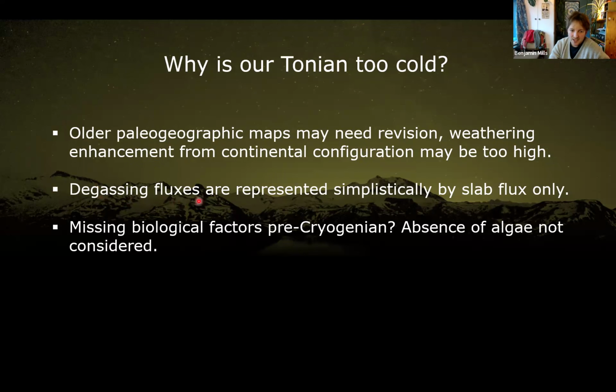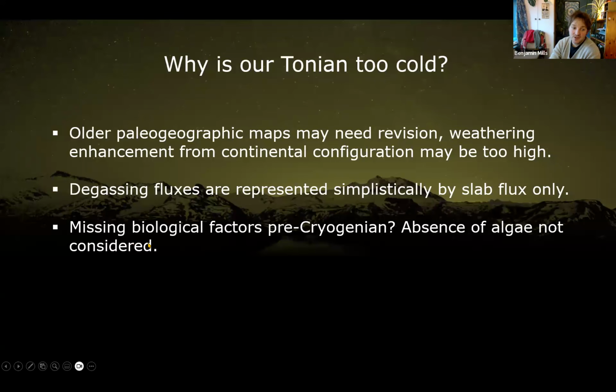It may also be that our degassing fluxes are not very good. They're very simplistic. They're only represented by the slab flux at the moment. As I showed, when we do this for the Phanerozoic, it degrades the model predictions anyway, so it may be expected that without a good estimate of CO2 input rates through the Cryogenian and the earlier Neoproterozoic, maybe that's why we're not doing so well. This is, again, something we're working on at the moment with the GPlates model to try and get a better idea of combined carbon release from all the different kinds of plate boundaries in the model.